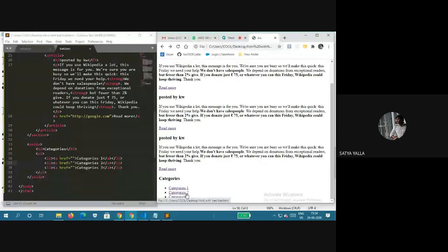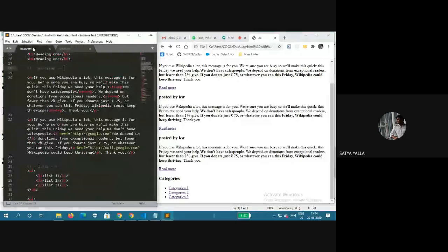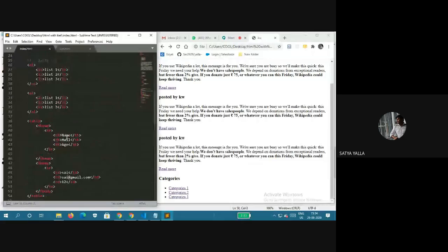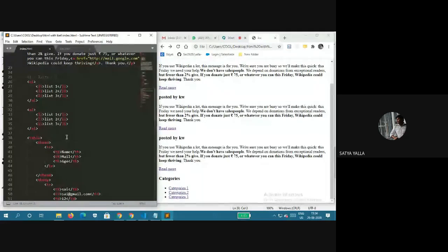So what is the meaning of aside? Aside is nothing but the same content which we placed in lists, forms or paragraphs; we use it in the aside. There is a complete difference between a runtime application and a real-time application. In real-time applications we always use semantic tags.